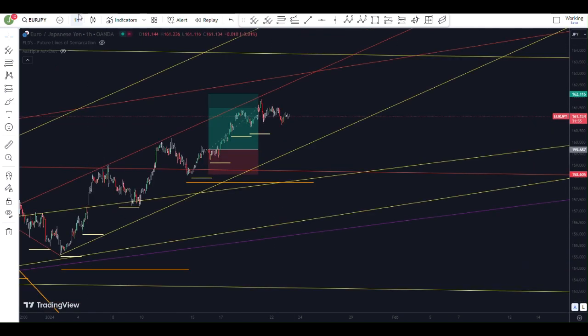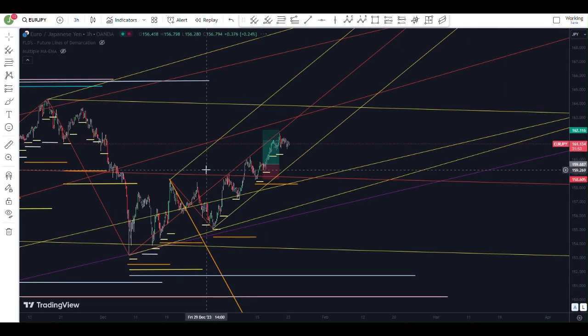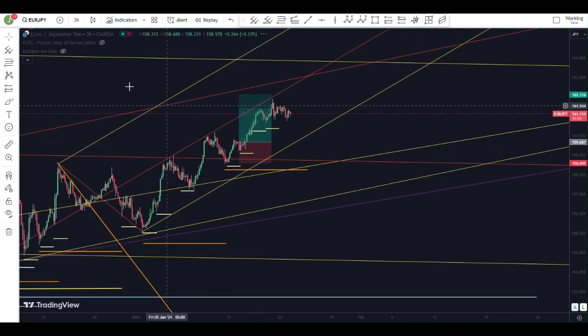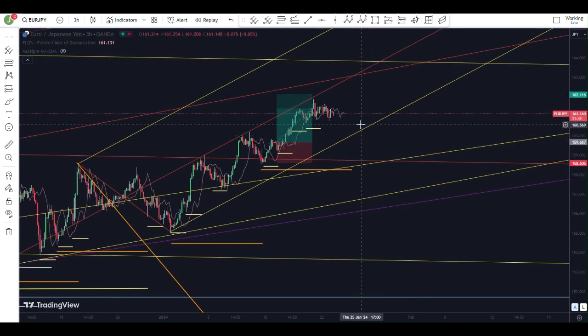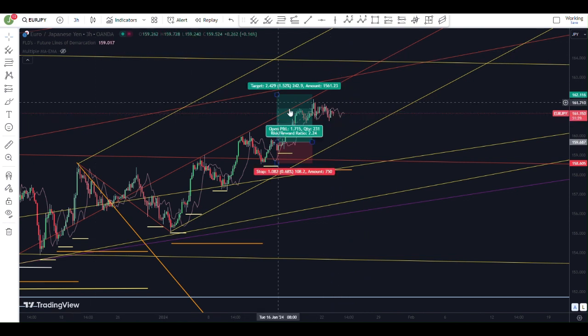It still has not hit my target. However, I'm going to go back to the 3-hour chart. I'm going to put the 8 FLD on, and I'm going to talk about the cycle coming up. I had mentioned in the last video that I would not add more to this. There is a scenario where I might. If we do get some good clear price action below the 8 FLD on the 3-hour chart, which we currently